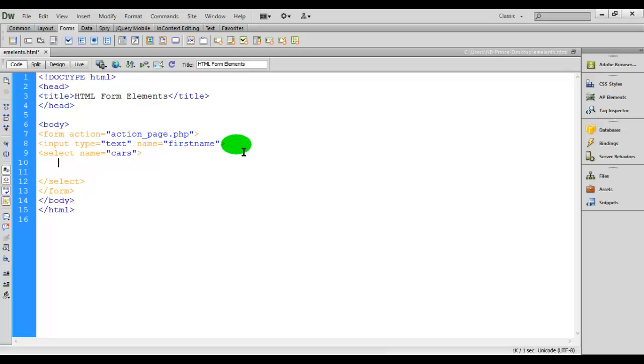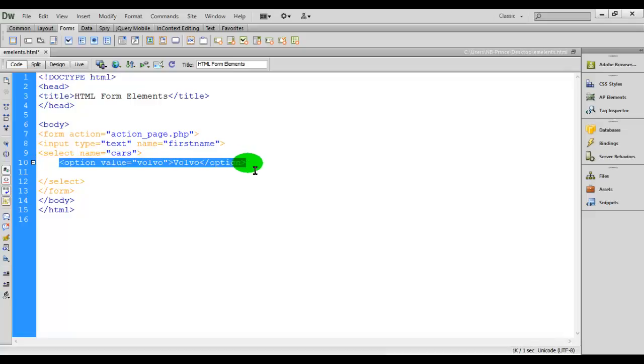We want to display different cars, and here we will write the option, and also give this the value like Volvo. And slash option, we have closed the option, and here we will also write its name, which is Volvo.